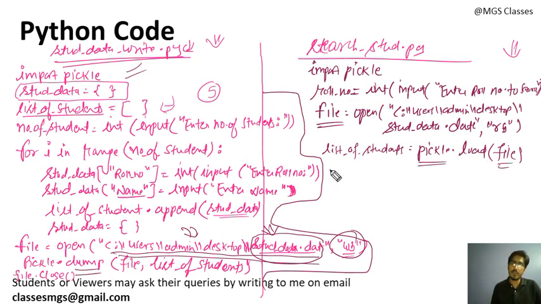Now you can use a for loop to search. Now we are creating a found variable so that we can track whether the data is found or not in the list. Initially it is False, initially we are assuming that the data is not found. If found, we will make it True. We will use this for loop. So student_data, and each time this dictionary will come from the list of students.